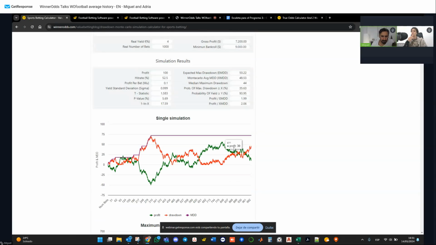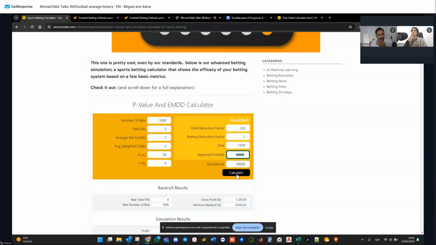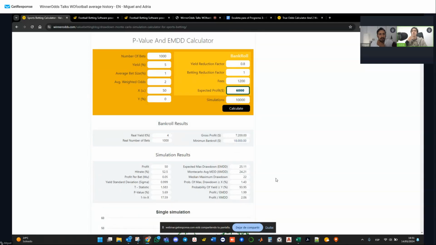I see. Seems like a really interesting tool to play around with. So do you recommend the average user to use this calculator for anything to be more confident in the system they're using? Or do you generally recommend it for people designing their own system? Yes, if you are developing your own system, this calculator is useful to understand if you have a big enough